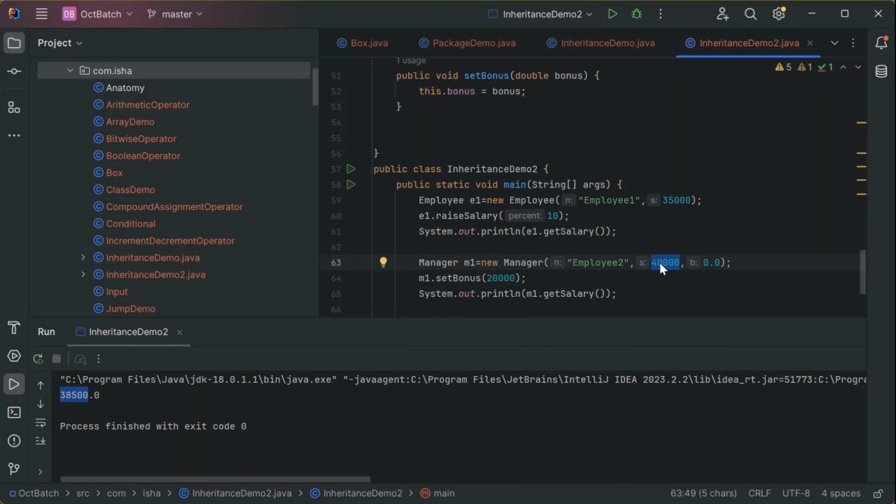He has 40,000 rupees as the salary, and this particular manager. I'm running. The bonus is not added. The salary is added, but the bonus is not displayed on my screen. In the manager,